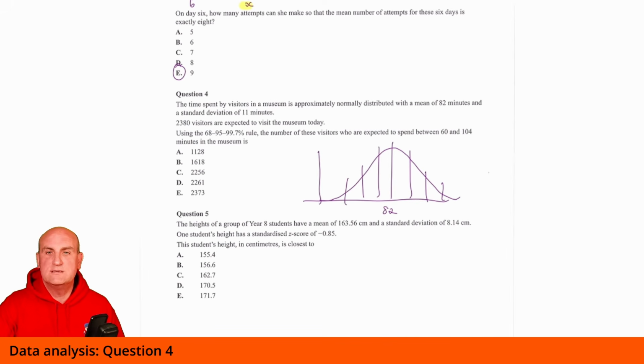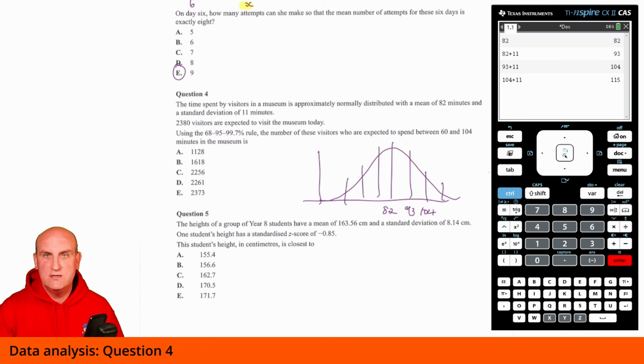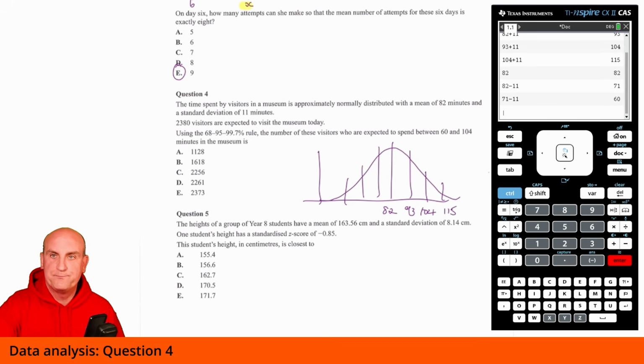Now, believe it or not, because I've made so many mistakes in this question, I don't think there's anything wrong with putting 82 into my calculator and then doing plus 11, to get my next sets of numbers. So there's 93, 104, and 115. And again, if I now do 82 and then do minus 11 3 times, I get 71, 60 and 49. All right, so there we go.